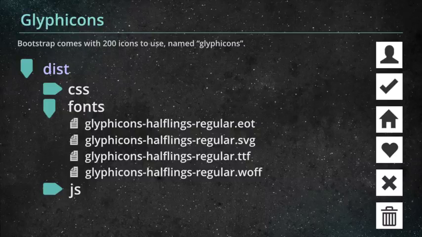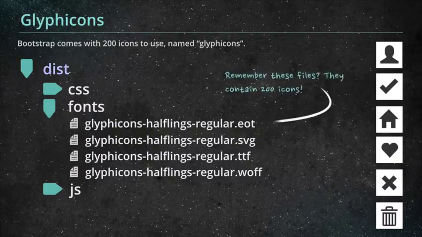We don't need to know which codes map to which icons to use them, luckily. Bootstrap provides CSS classes that we can add to our HTML when we need to use these icons. This Glyphicon library, which you would usually have to pay for separately, is actually free with Bootstrap and contains 200